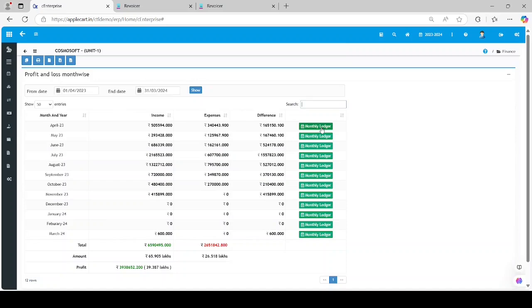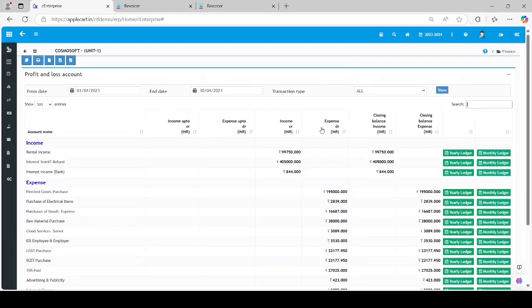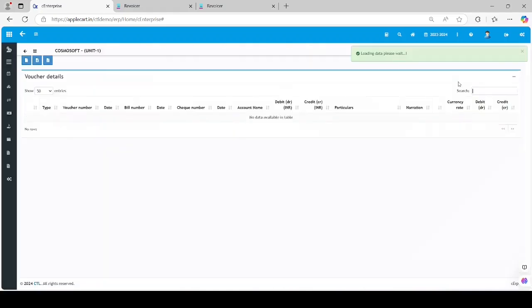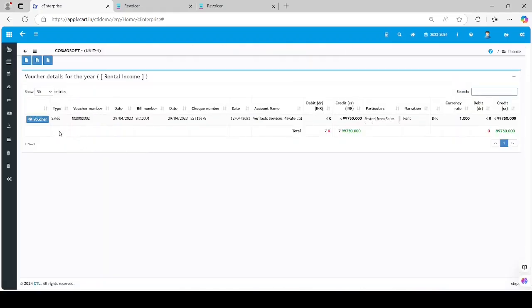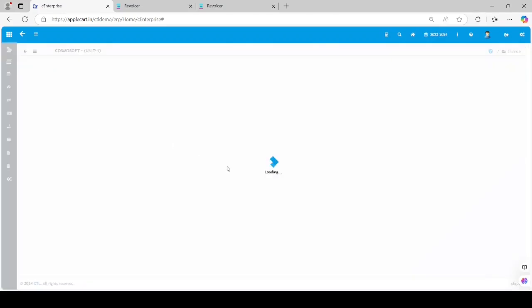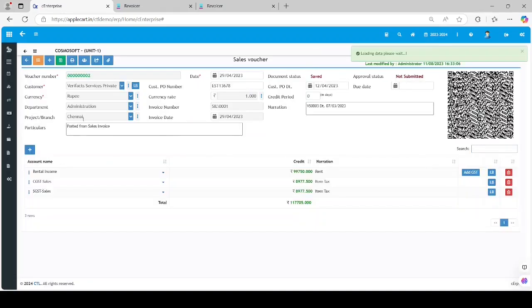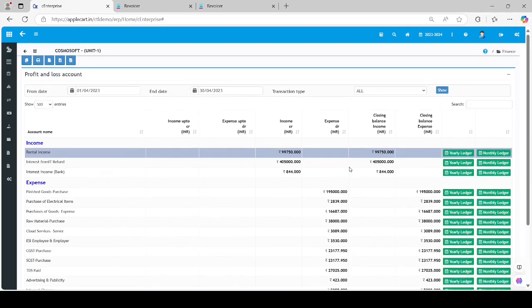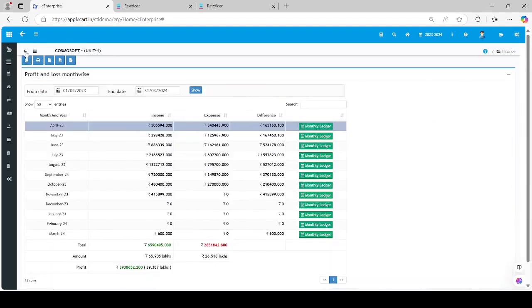The report allows further drill-down functionality, enabling users to explore data at a monthly level and ultimately reach the voucher-level details. Press the back button to come back to the dashboard.